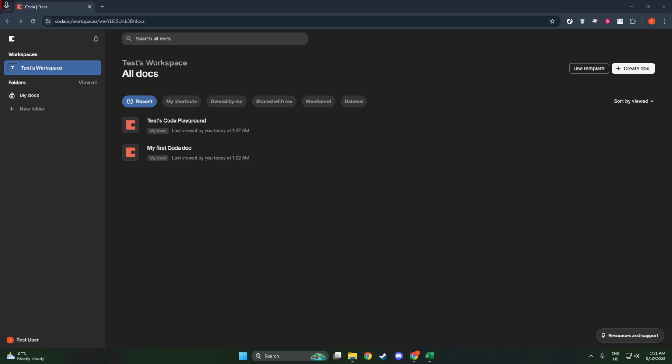this task with ease. First, let's get started by navigating to your account settings. To do this, open your preferred web browser and log into your Coda account. Once you're logged in, you'll want to locate the Account Settings area. Typically, you'll find this option by clicking on your profile picture or avatar, often situated in the top right corner of the Coda interface. By clicking there, a drop-down menu should appear, giving you access to various settings and options